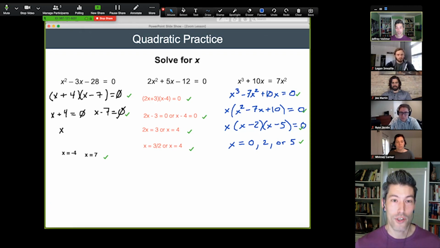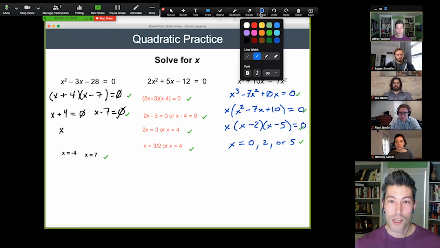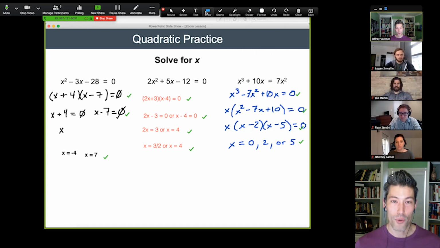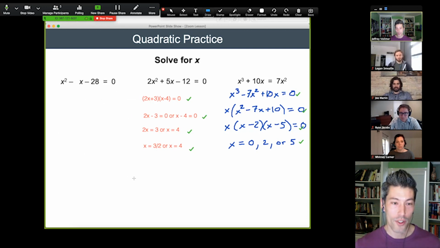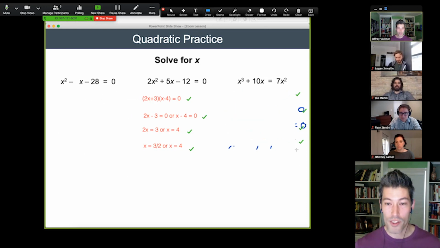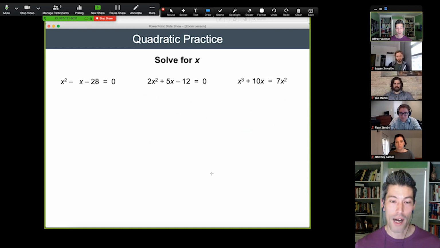So I could then go change problems. I could make use of one of my favorite tools, which is the white box, and I could start changing different coefficients in a problem. I could change the 3 here to something else. You could write on top of stuff. You could solve problems again if you want to review something later in class. A lot of options. So the white box out tool, one of my favorite tools in Zoom.